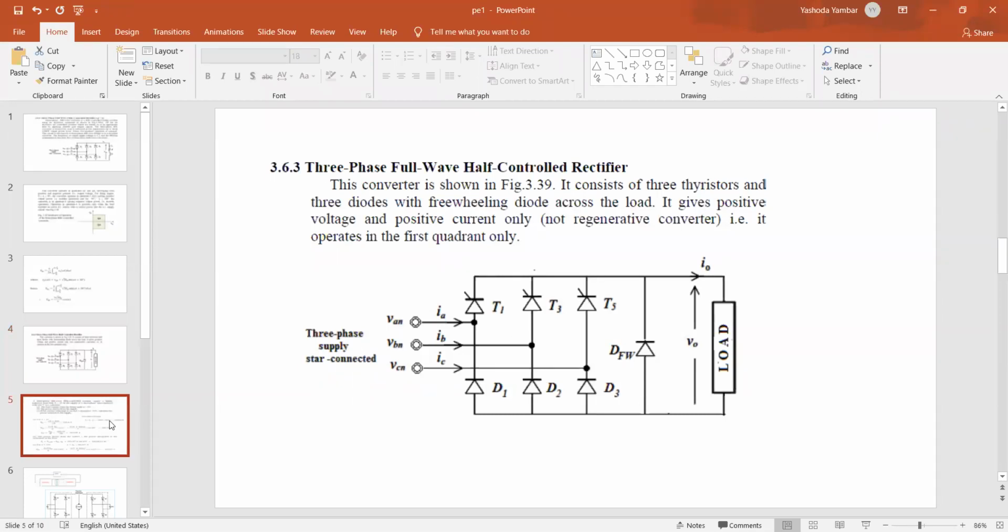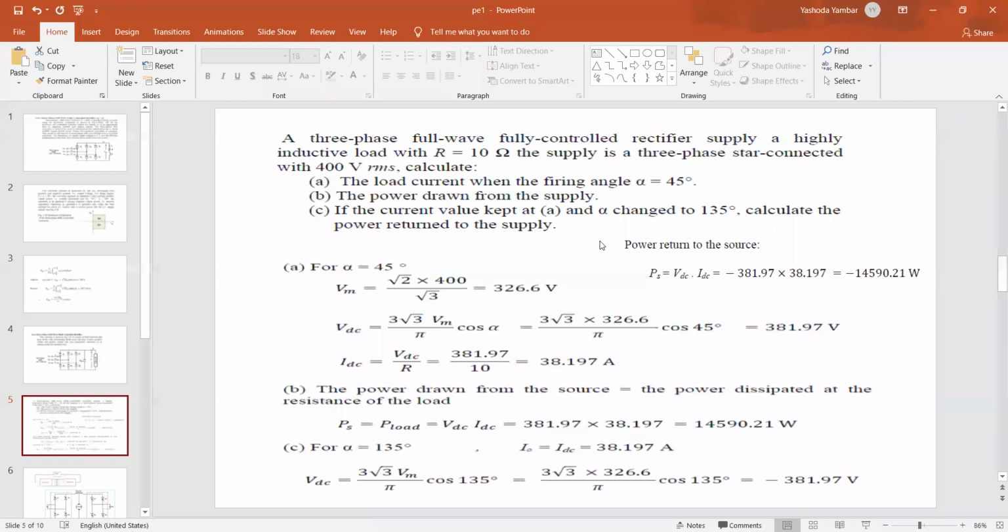Now let us take the problem. Okay, I want the answers from you. All the students, get ready with your calculators also. Now, a three-phase full wave converter. What is the formula for the three-phase full converter? 3 root 3 Vm by pi cos alpha. Right, just now we have seen the derivation. It is connected to a highly inductive load. So remember these words, highly inductive load. Why they mention this in the problem: only very large values of inductance will provide continuous current.